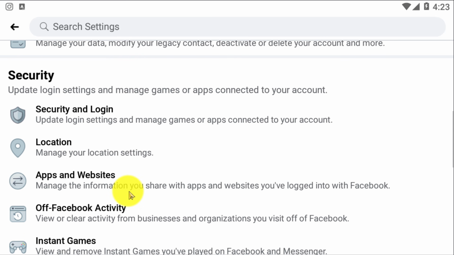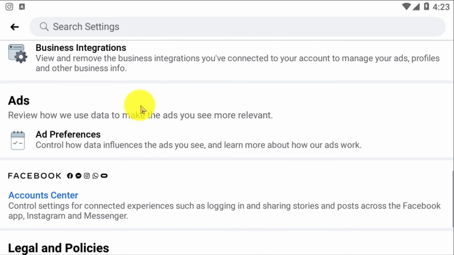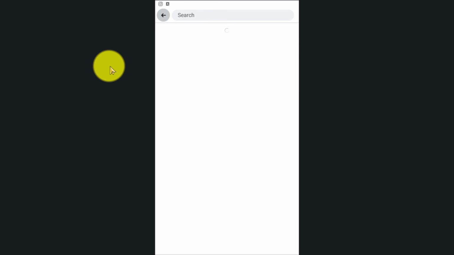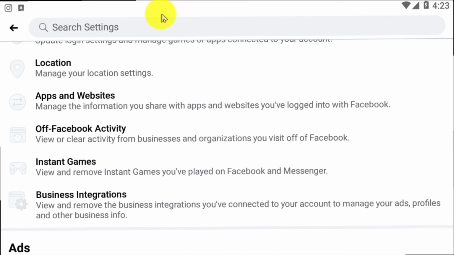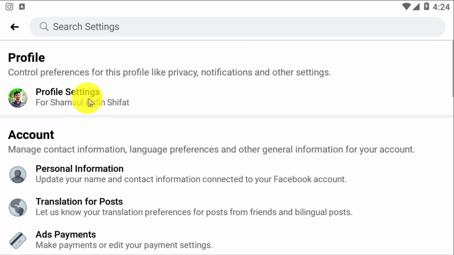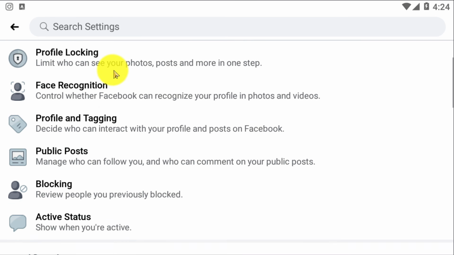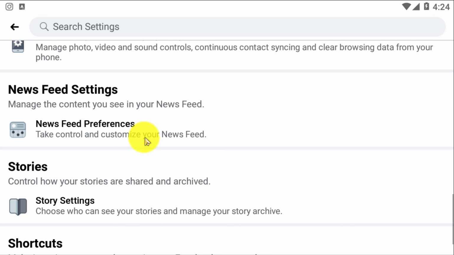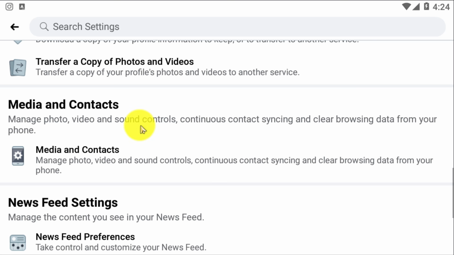So actually, if you go to your settings option, you easily can find the blocking option here, right here. But somehow in my profile there was an update because of my page issues. So what I need to do, simply I need to go to profile settings for Shamsul Arifin Sifat. I mean, that's my account actually. So if I scroll,